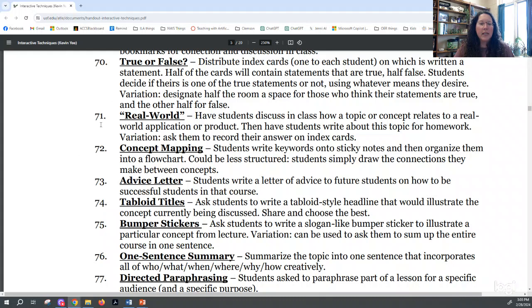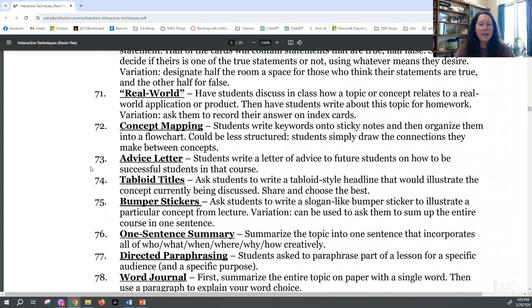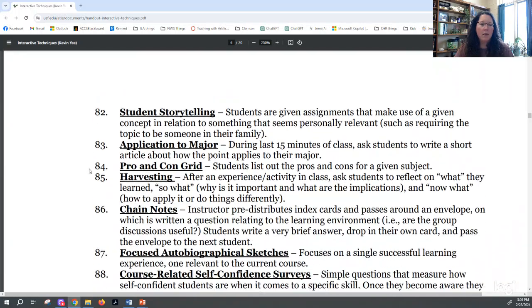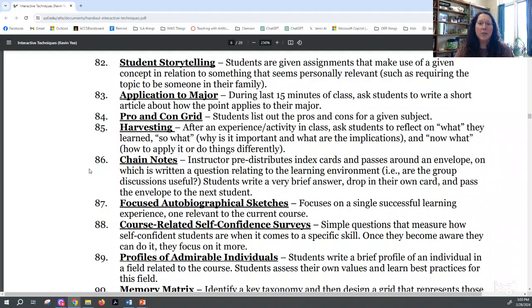Again, real-world connections, how does that have a connection to our real-world information? How can our students integrate that topic and what they're learning? Concept mapping, a lot of them really like using that. They've done it in K-12. Using a journal. Storytelling, get the students to share, not just the instructor. I really like that, because then some of those stories become my stories later on.